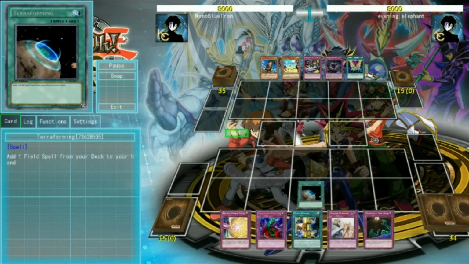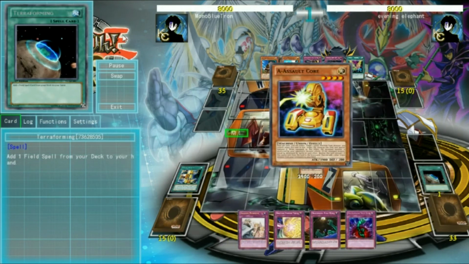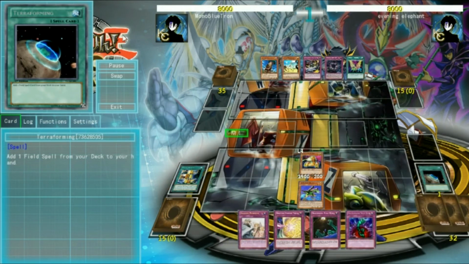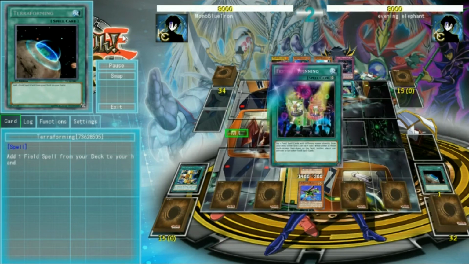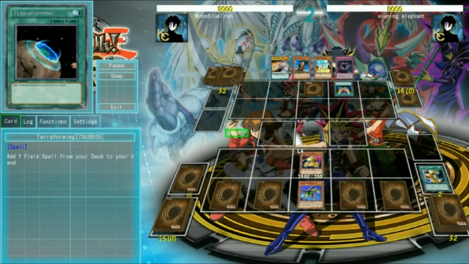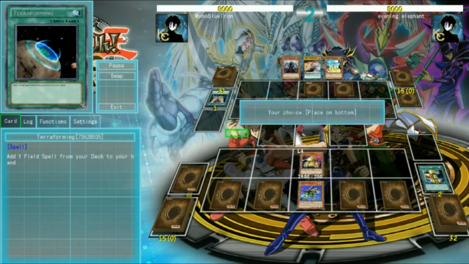We'll start by activating Terraforming to get Union Hanger, then Union Hanger to get A to get B, you know the drill by now, and then we will set 4 and pass. Our opponent's unfortunately going to start by getting rid of the best card on our side of the field, the Union Hanger, with the set rotation, going to give us a Cosmo Town, then normal summon this Bayo Baboon, and